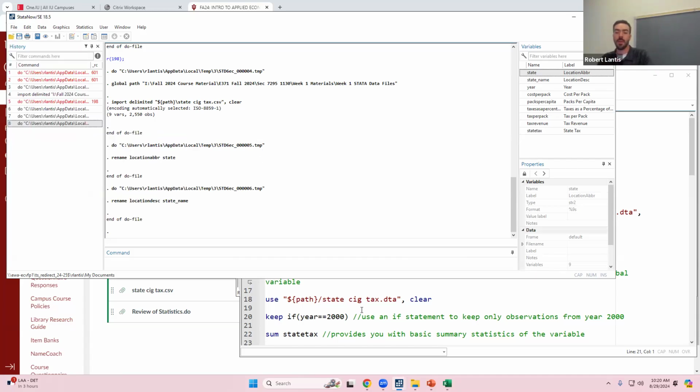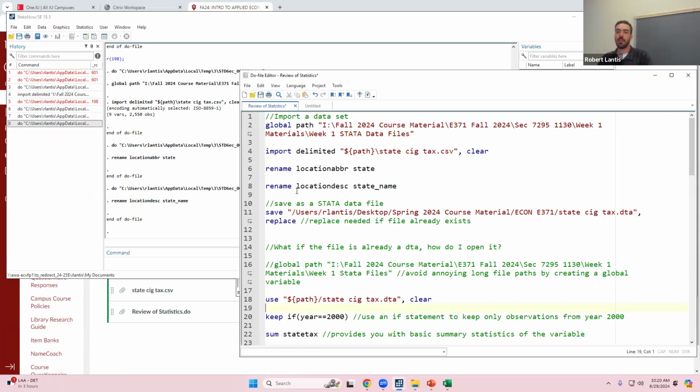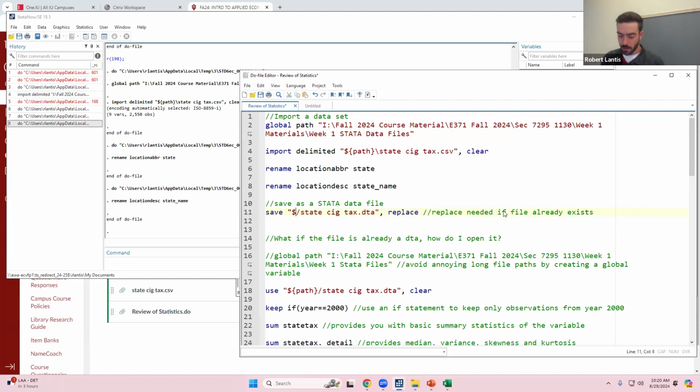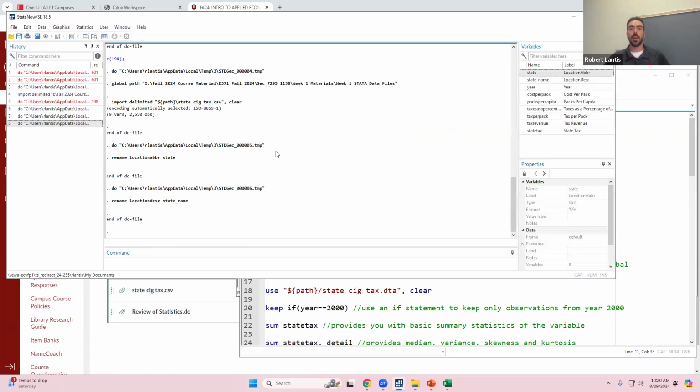Oh, so I changed the names here. One thing I can also do, and here I have an old file path. Now that I have that global defined, I'm going to save this. I started out with this original data, and I'm going to call this new so I can show you that you can create a new file. But actually, no, I'm going to do the replace command. So let's say I try to do this. So I've changed the data.